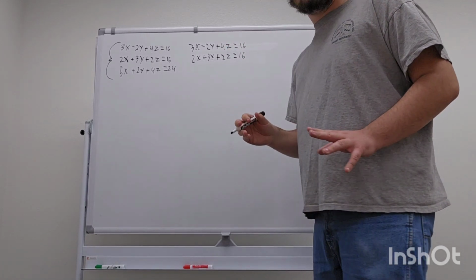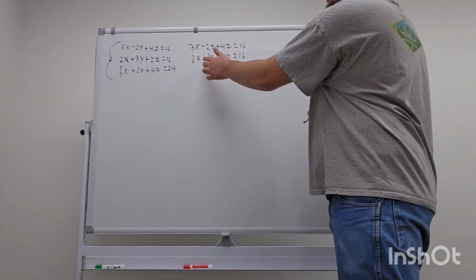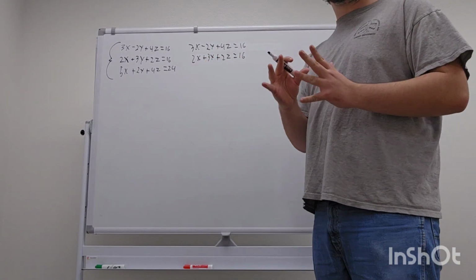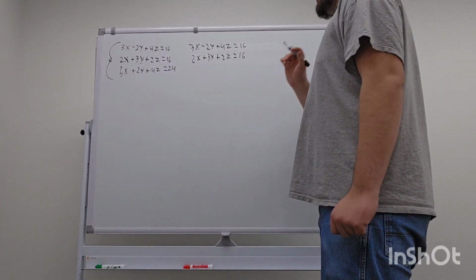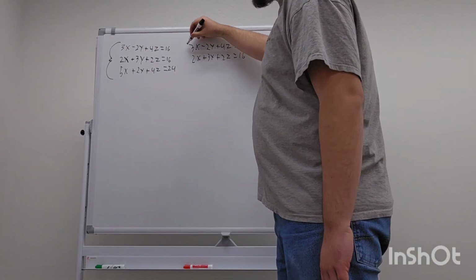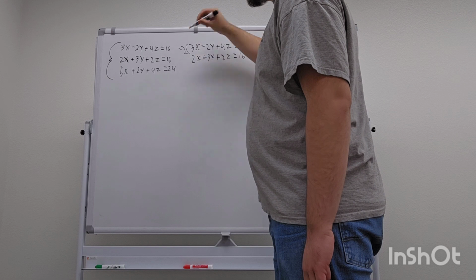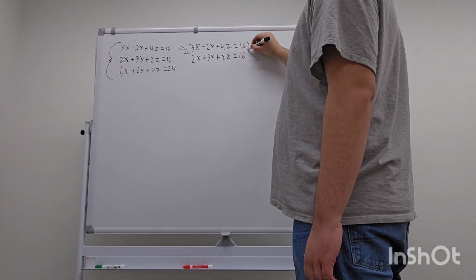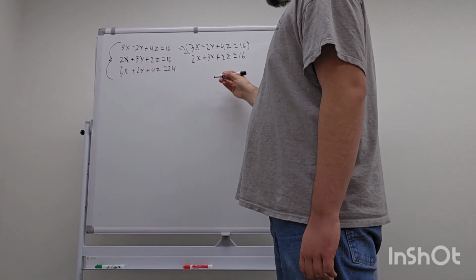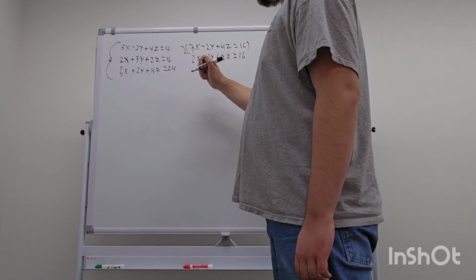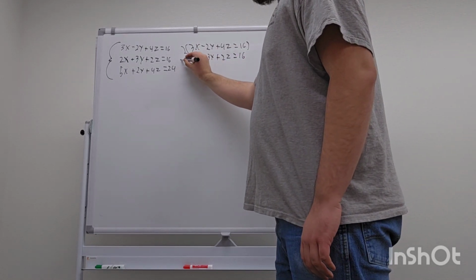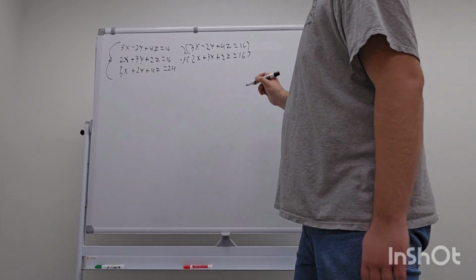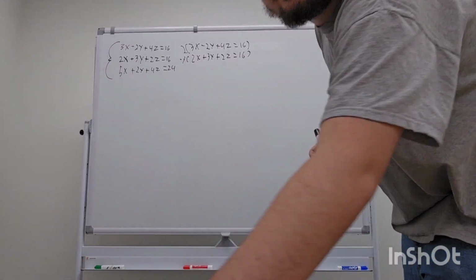Now, what we're going to do with this is make these two leading coefficients the opposite of each other. One will be positive and one will be negative. So what we're going to do is multiply the top one by -2. No, we're not. Give me a second. We're going to multiply the top one by +2 and multiply the bottom one by -3, which comes out to